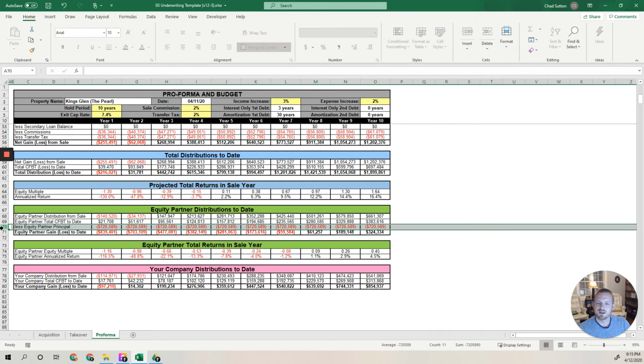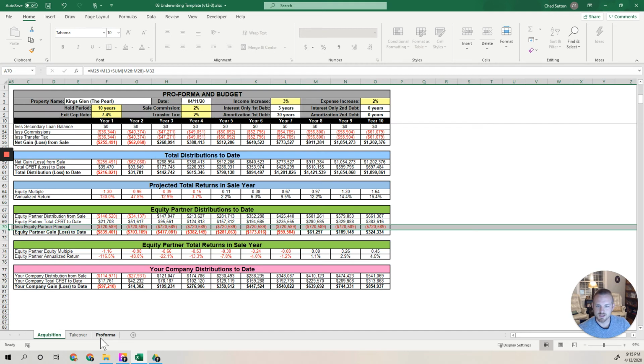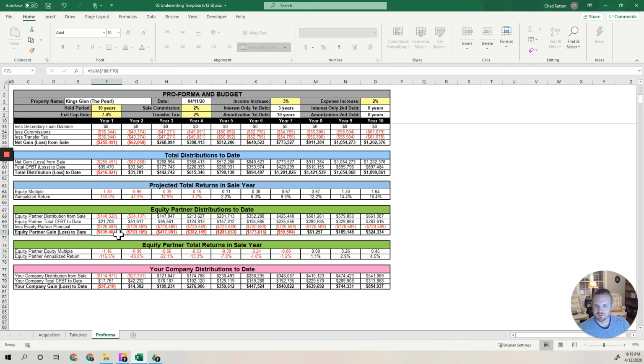And then I have to give back the equity partners' principal, which was that 720,589 we calculated over here, right? So you should recognize that number. And then we have the equity partner gain loss to date, which is simply adding it all together. You see in this situation, we're red for a very long time, which is not a very good sign. But anyway,